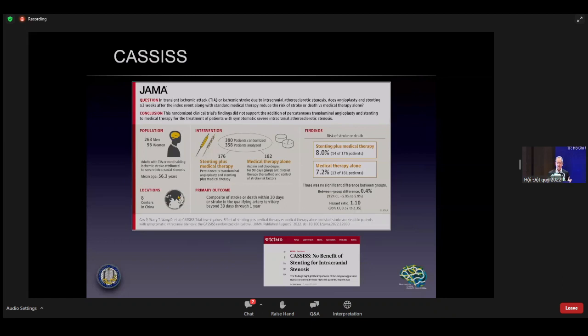But the impact of CASIS was in the media and in general was very different than the impression I got as being one of the authors on the study. The media picked this up and said that stenting hit a wall, that there was no utility, that it was a negative trial for stenting. I disagree with that. I strongly disagree with that, because when you look at those event rates, they are a fraction of what's been quoted in Sampras and prior stenting studies.